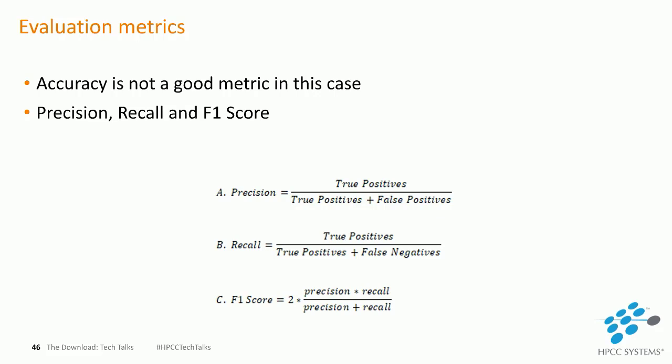Recall is basically the number of true positives out of the total number of positives in the data set. That is, I'm asking how many of the fraudulent transactions present in the data set have been classified as fraudulent. The F1 score is basically the harmonic mean of precision and recall. So we ultimately use the F1 score to judge the model, to get a good trade-off between the two.